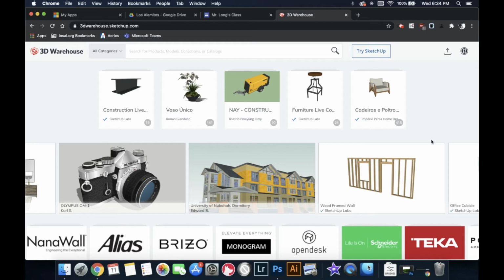In this video, I'm going to show you guys how to use 3D Warehouse to find a suitable 3D model of your home, how to take a picture of it, and then how to put it into your Photoshop so you can start working on it. First thing that you're going to want to do